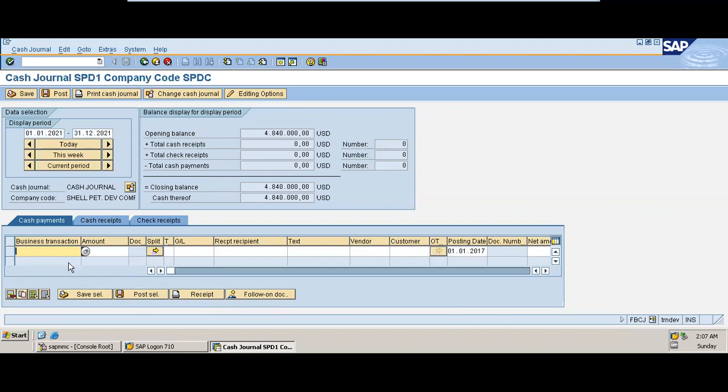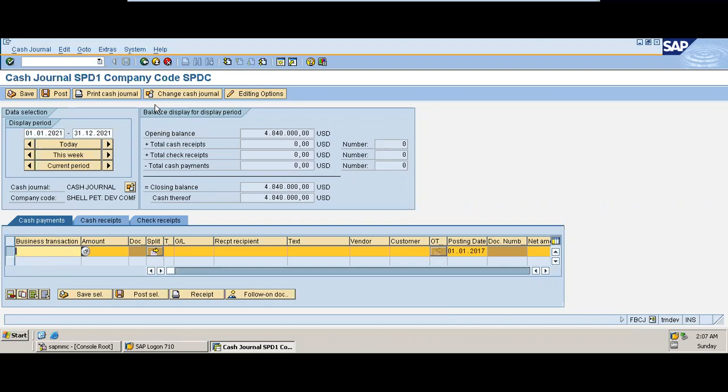You can also delete a particular transaction in the journal using the delete option. Just select and use the delete row option. It's going to delete and reverse the transaction